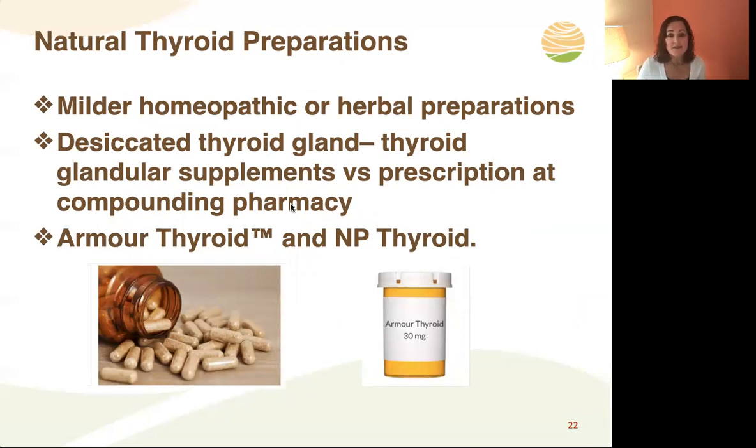There are some mild ones that are essentially over the counter or in a supplement version that contain herbal preparations. And then there's desiccated thyroid gland, which is derived from porcine, and it actually contains a little bit of T3 and T4. Some patients prefer that to synthetic. Not one is better than the other. It all has to do with what is optimal for you. Some patients do a lot better on synthetic, and some do a lot better on natural. And sometimes it just takes a little time to figure out your sweet spot and what will allow you to